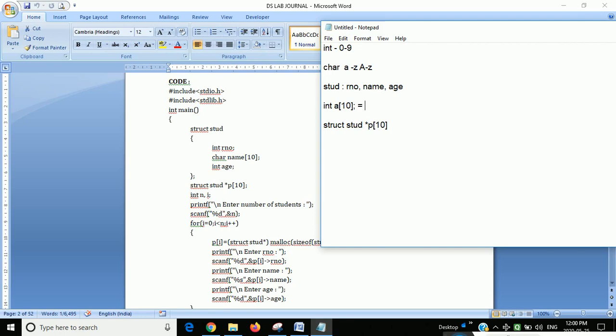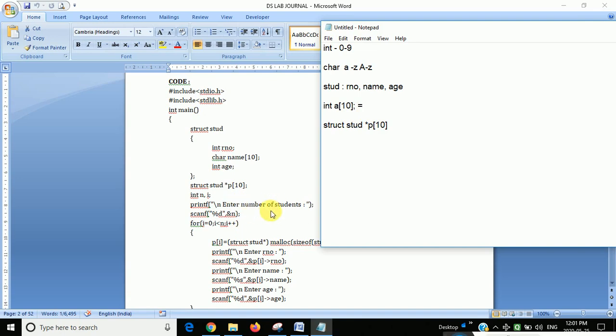But here in this stud, in one section we are adding roll number, name, age. So this is the first student information, this is the second student information, like roll number, name, age. So like this we are adding: for one subscript it will take roll number, name, age, for the second subscript it will take roll number, name and age. Same thing here, the array will take only one. So we'll move to the next.